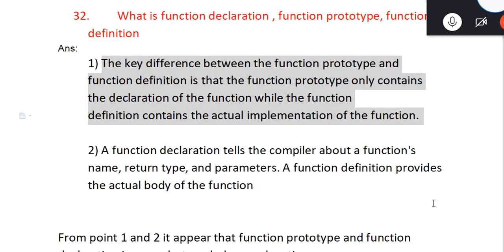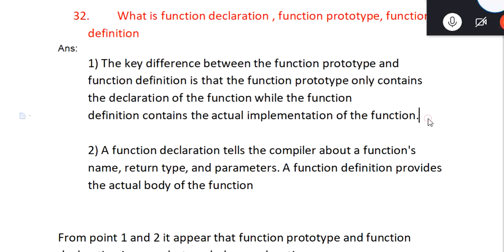Okay, so who will explain what is function prototype and what is function declaration, function definition? Anyone? Function prototype and function definition.